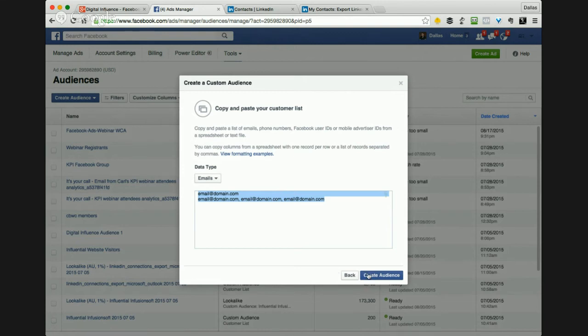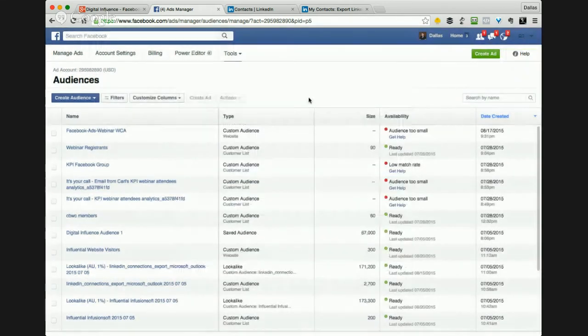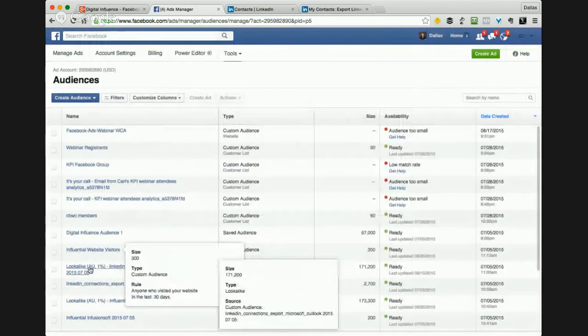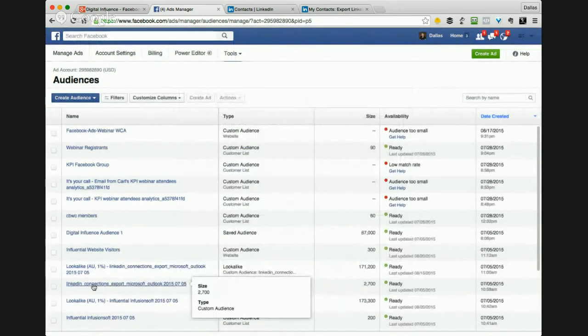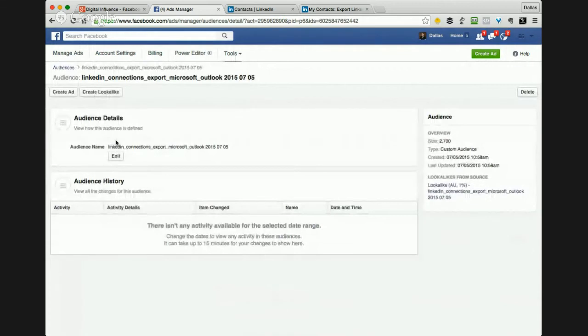So we'd click Create Audience. I won't do it, because I will go straight to one of my example audiences that I've already got in there. So I'll go to the LinkedIn audience I've added previously. Okay, so here's a LinkedIn audience, from about a month ago. I went through exactly the same process I've just gone through here.